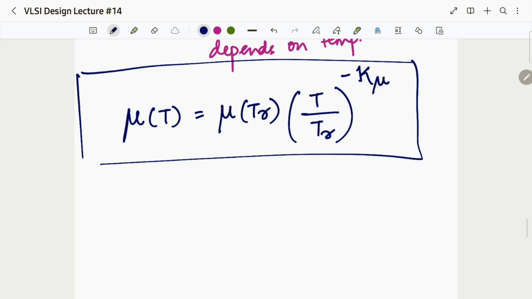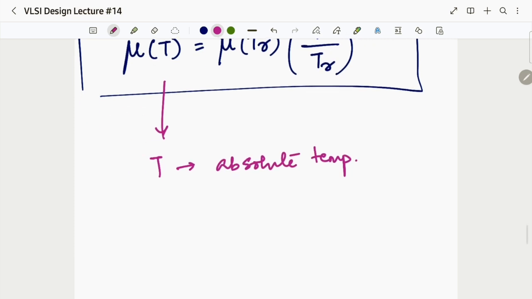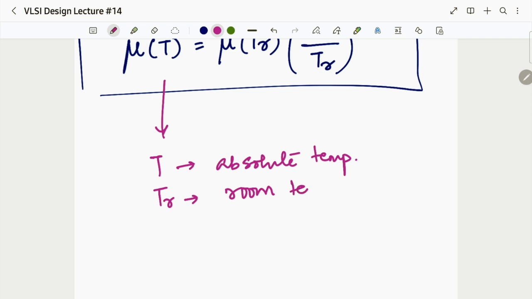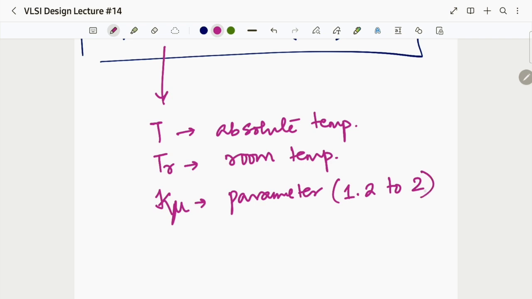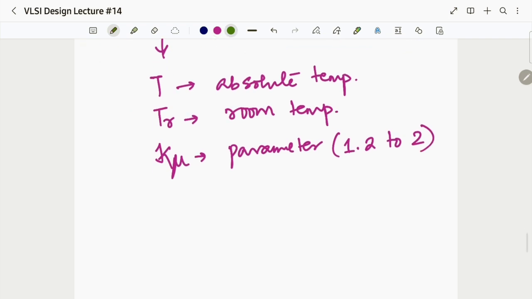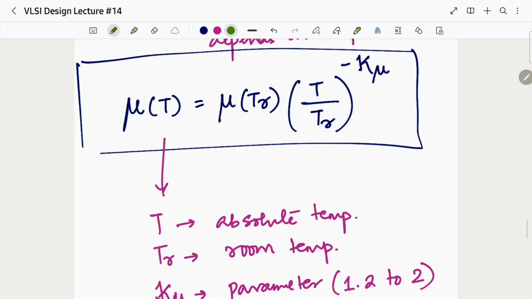What is this? Over here, T is our absolute temperature, Tr is our room temperature, and K mu is a parameter or a constant, and the value ranges from 1.2 to 2. Okay, therefore by looking at this equation,